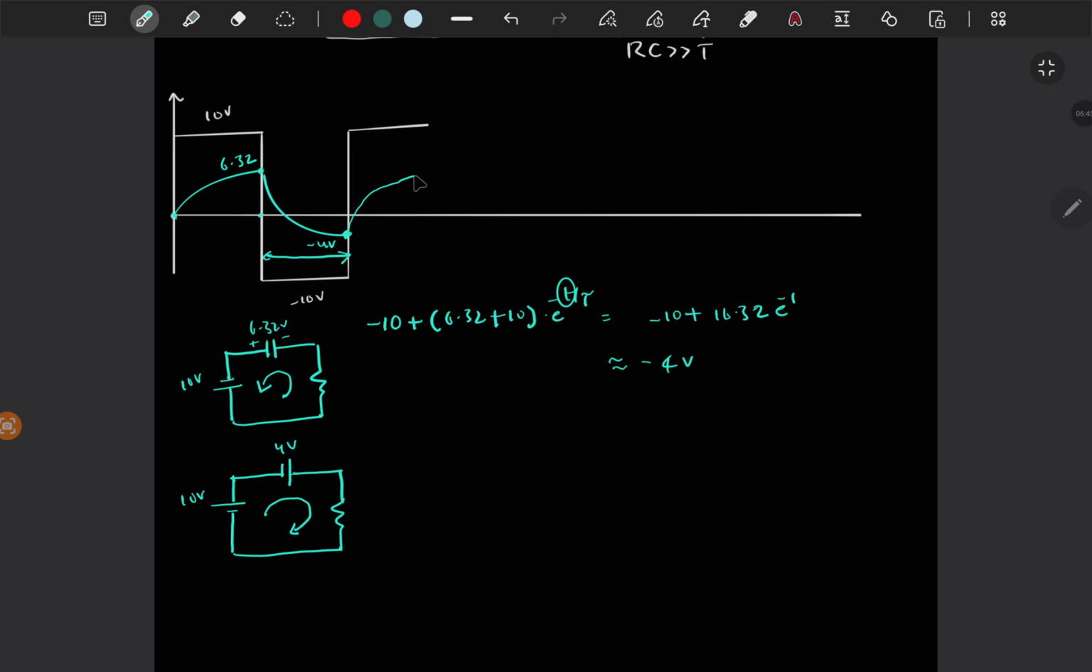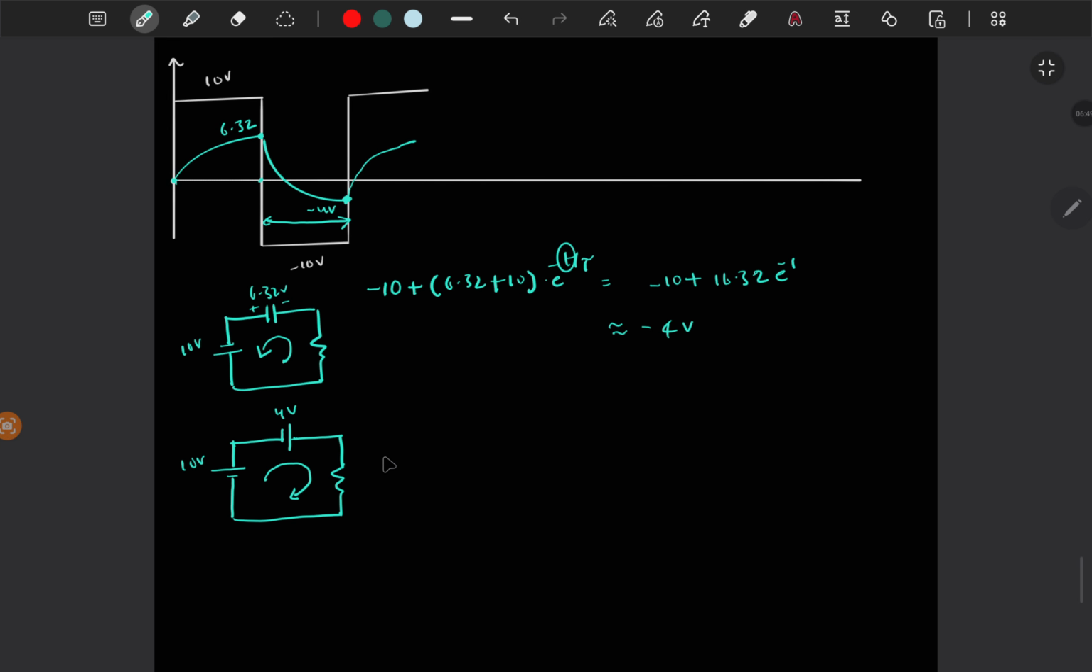So let's say it charged to some voltage, we don't know. So let's find that out. For this circuit, the final value is 10 volt, right? So final value plus initial value, which is minus 4,